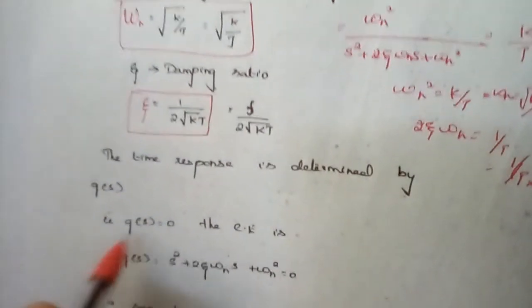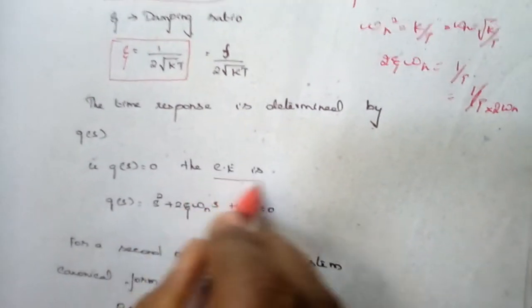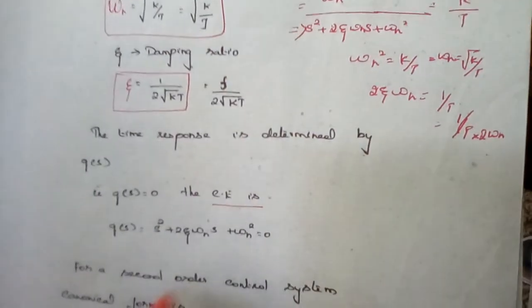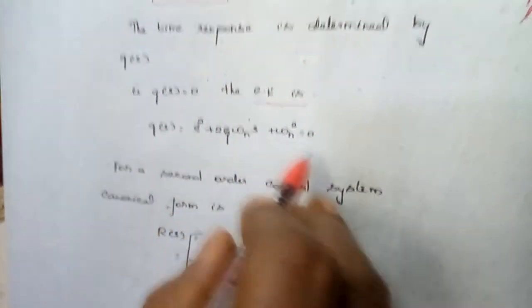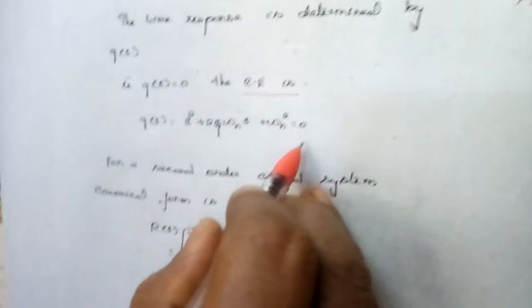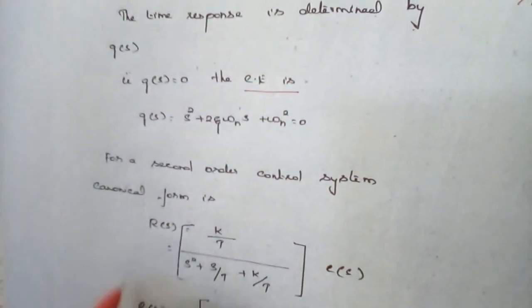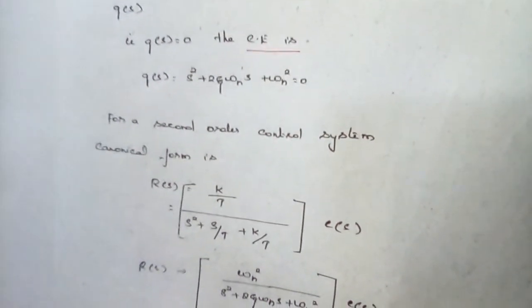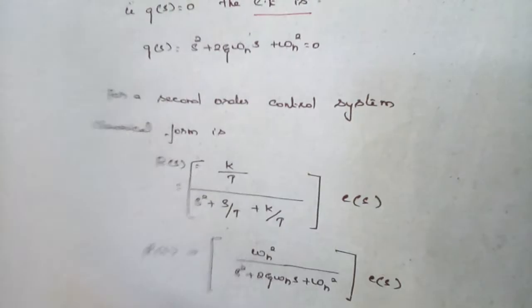And the time response is determined by the characteristic equation of the second order system, right? The characteristic equation of the second order system is given by s square plus 2 zeta omega n s plus omega n square, which is equal to 0. And this is the canonical form of the time response system for the provided second order function, right? So coming to the next case,